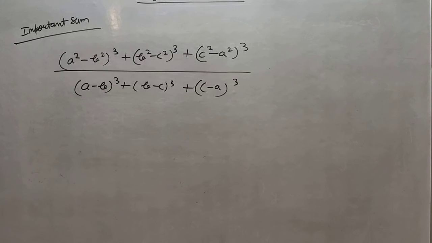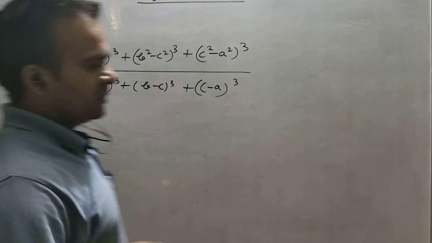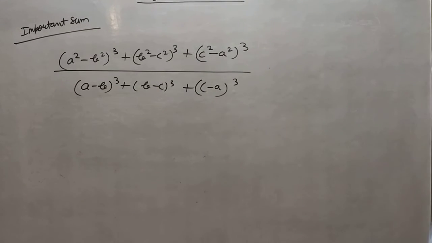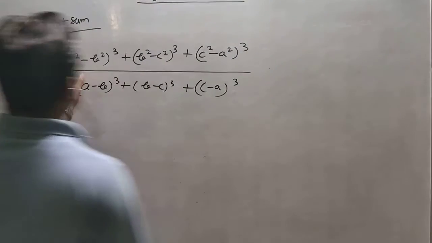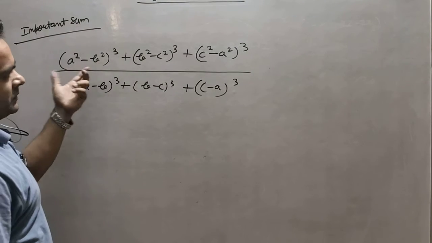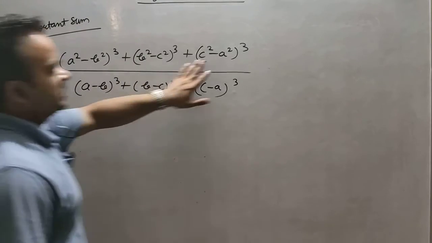Okay, this sum you can see, if you use identity a minus b whole cube, I'm damn sure you cannot find the answers easily. It will take too much time. Maybe you will not reach the final answer, because these types of sums have some unique technique. What is that technique? If you see, this bracket will behave as a, this bracket will behave as b,